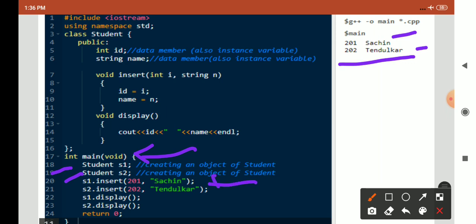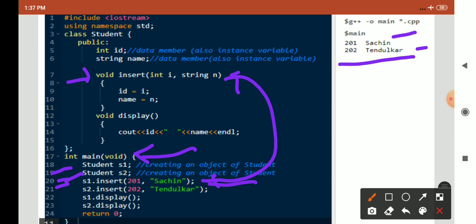Consider this line, third line, s1.insert. What happened? s1.insert(201, Sachin). So it calls the insert function present in the student class, because we are creating the object s1 of this student class. So in s1 there is an insert function present.